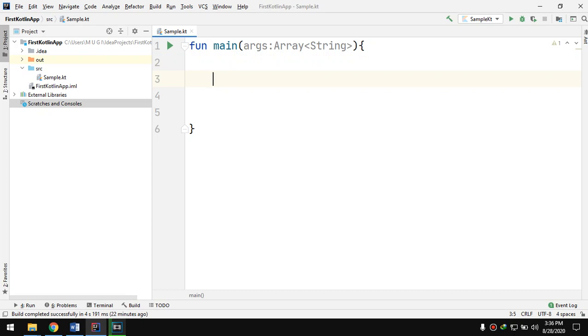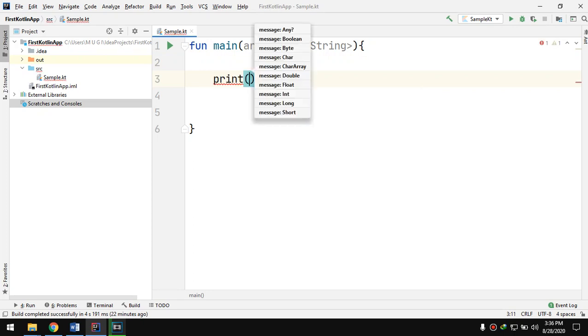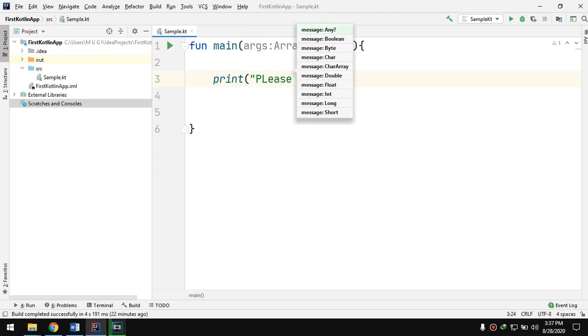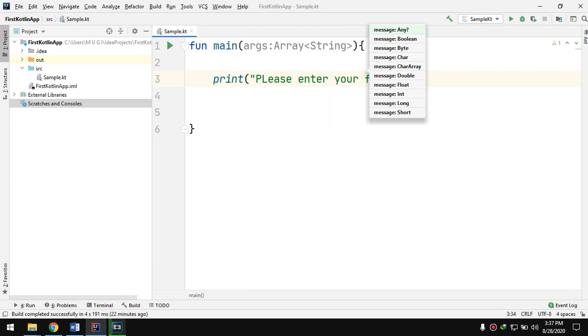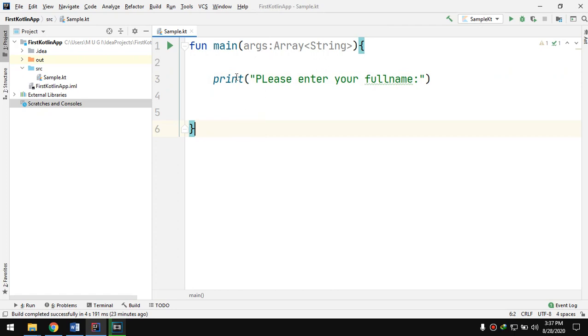So first is ato siyang i-notify si user nga ma-input or ma-enter a value. So we're going to use the print statement, print function, print method. Okay, so print, and then for example, please enter your full name. So what we are doing right now here is we're prompting the user to input his or her full